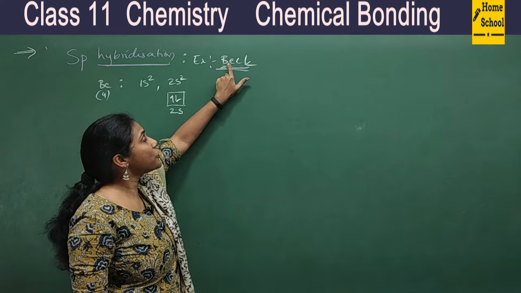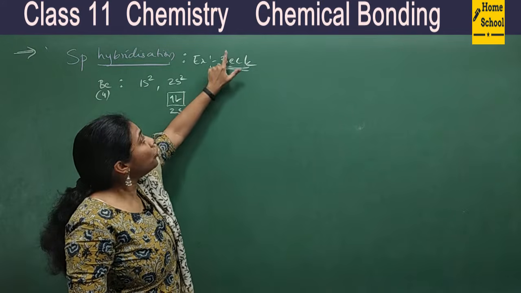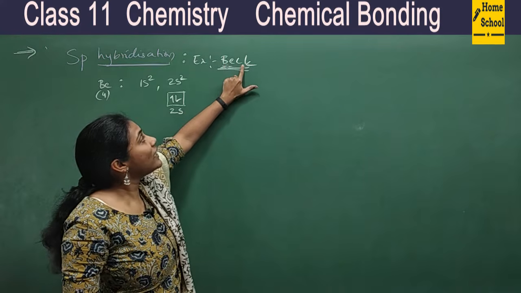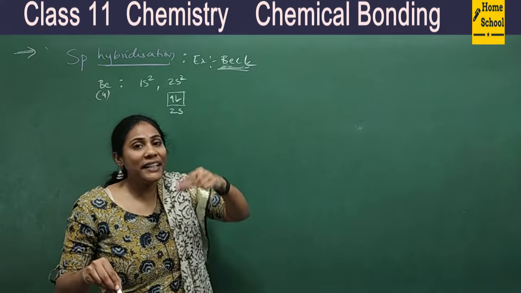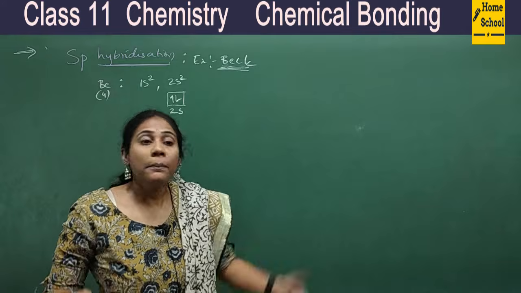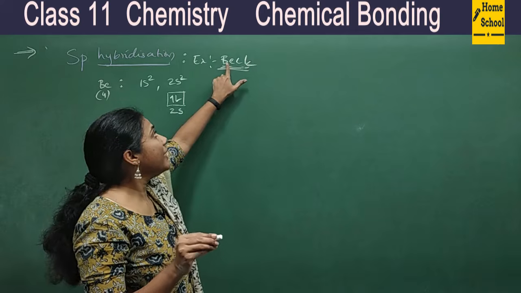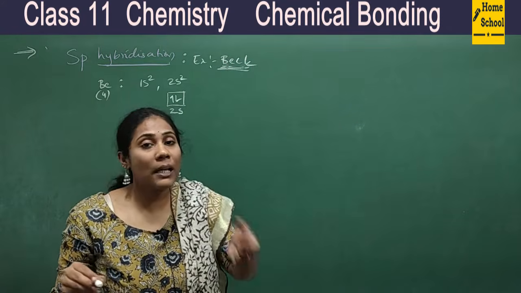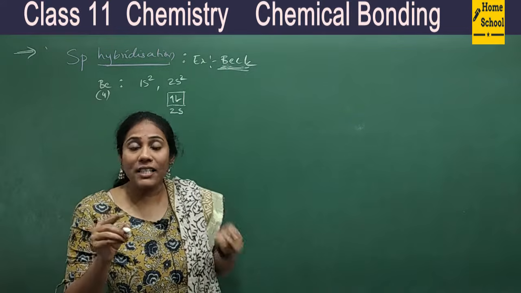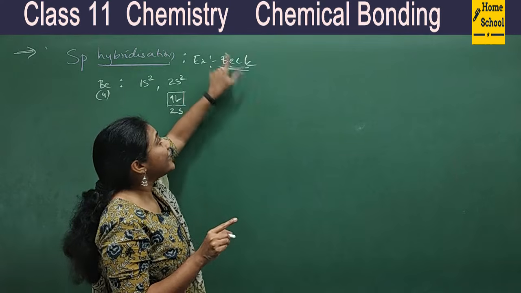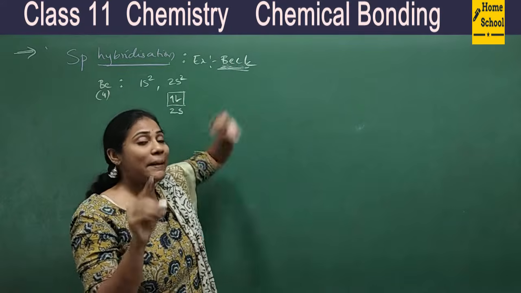That means beryllium has to form 2 bonds around it with Cl. That means 2 orbitals of beryllium must overlap with 2 Cl atom orbitals. Yes or no? Beryllium must be able to provide 2 orbitals with a single electron, because we have seen in VBT that if orbitals overlap, a covalent bond is formed, and that overlapping orbital must have a single electron. So beryllium must have 2 orbitals with single electrons. Only then can they overlap with 2 Cl atoms and form 2 covalent bonds between beryllium and Cl, right?